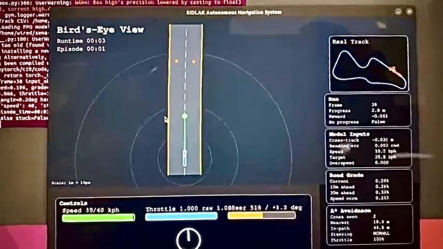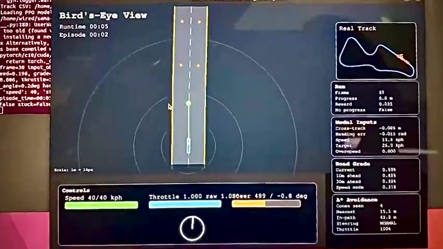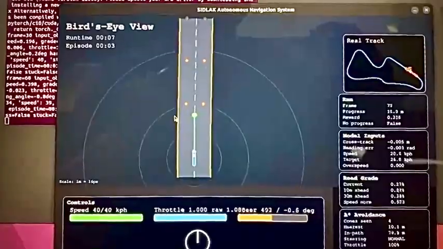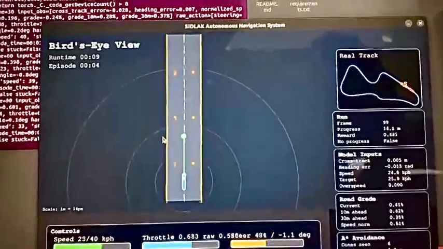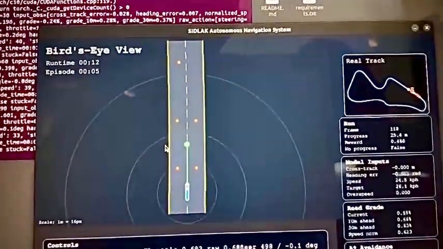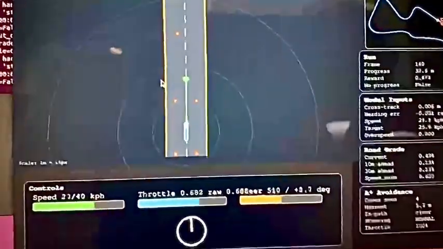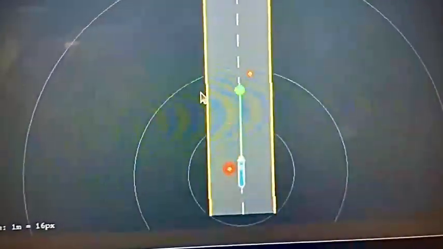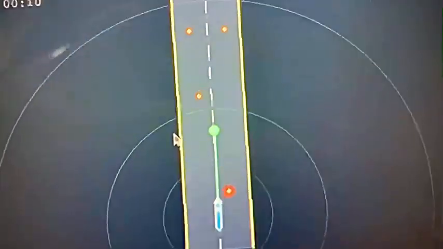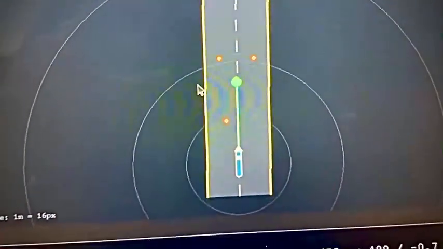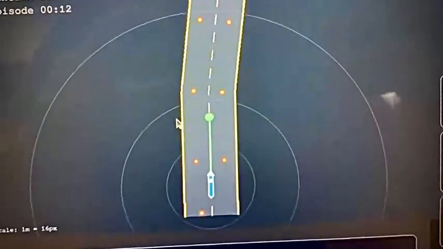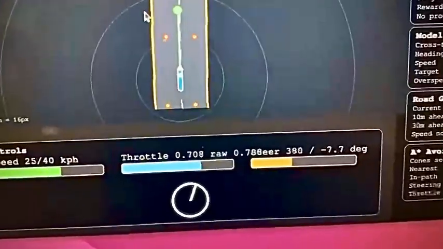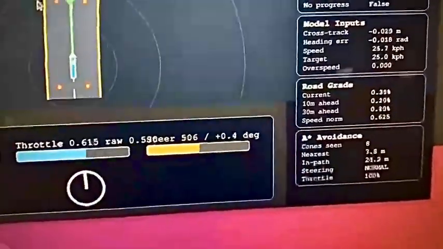So this is the simulation for the Celeste track. We trained our own reinforcement learning model that teaches the car how to steer, how to move, and how to stop. Currently, the dots represent the obstacles that the car has to evade. And those movements are then translated into speed control, throttle control, and steer control.